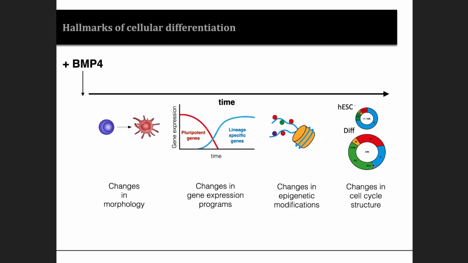So let me tell you a little bit about what happens during BMP differentiation. The changes in morphology were obvious, as I showed you in the first movie. There are, of course, massive changes in gene expression programs where pluripotent genes are downregulated and lineage-specific genes are upregulated. There are global changes in epigenetics, and the cell cycle remodels, whereby differentiated cells have much slower division cycles. Now, all of these are actually late events in differentiation, most happening about a day or two since each of these pluripotent cells sees BMP for the first time. So you basically need days for any visible changes in gene expression, chromatin, or cell cycle regulation.